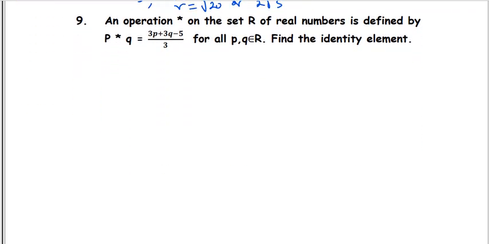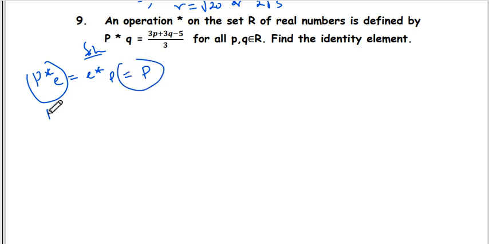An operation star on the set R of real numbers is defined by P star Q is equal to 3P plus 3Q minus 5 over 3, for all P and Q which are elements of R. Find the identity element. The identity element is given by P operation E is equal to E operation P, which is equal to P. So in this case we are using P operation E equals